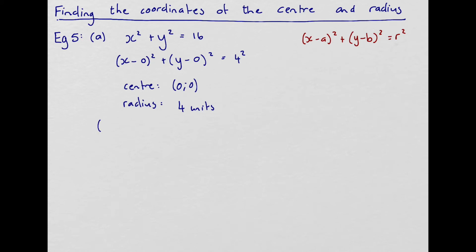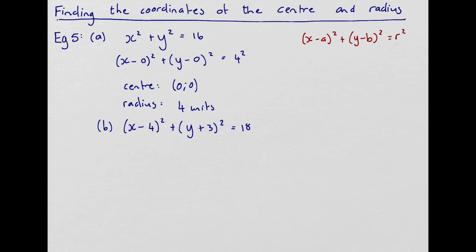Example B, x minus 4 all squared plus y plus 3 all squared is equal to 18. Now again, the equation is already in standard form here, so there's no manipulation that you need to do, and we can go straight to saying that the center